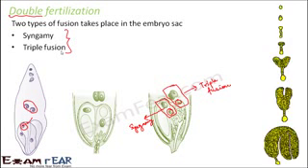So now once the fusion takes place, then gradually the zygote will develop into an embryo, and this is how the development takes place. So initially the zygote which is formed is a single diploid cell, just a single cell. Now this undergoes repeated division to form a 2-cell structure, then a 4-cell, then an 8-cell structure. Then you see a structure with a globular head. Then gradually the shape changes and finally this structure is achieved where you have two cotyledons and you actually have the entire embryo taking its shape, and this can give rise to a new plant altogether. So we will look at the different stages